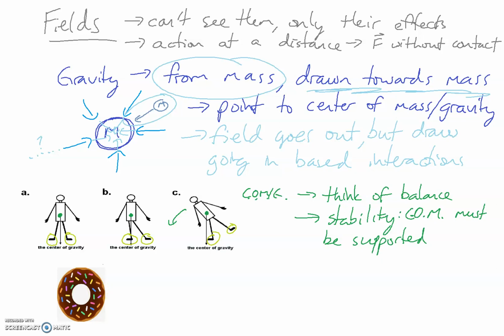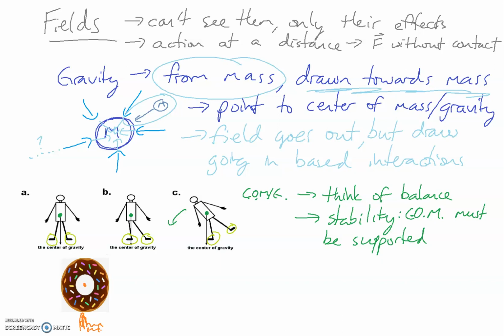If the donut is vertical like this, you could take your finger, and here, we'll draw a little finger here. You could take the donut and actually balance it on your finger. There's your hand. You could balance the donut on your finger because you are supporting right below the center of gravity. But if the donut was flat, it'd be impossible to support it by putting your finger on the center of gravity because there's a hole, and that's why the donut will fall. So it's all about being able to support the center of gravity.